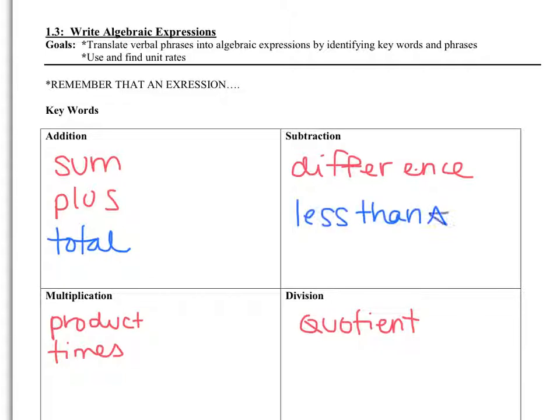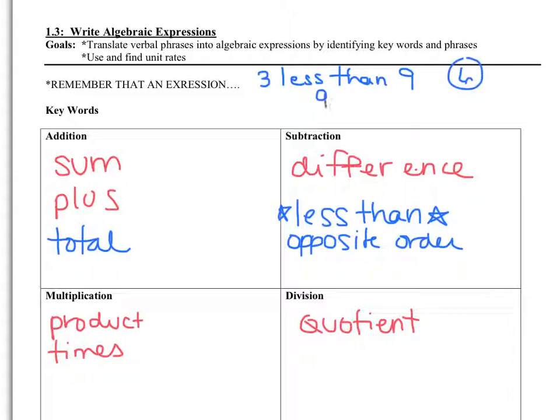means to subtract, and the reason I'm going to star this one is because it actually means to subtract in the opposite order. So for example, I'm just going to show you an example up here. If I said 3 less than 9, you know that that answer is 6. And to get there, you actually do 9 minus 3. So when the keyword or phrase is less than, the number that comes